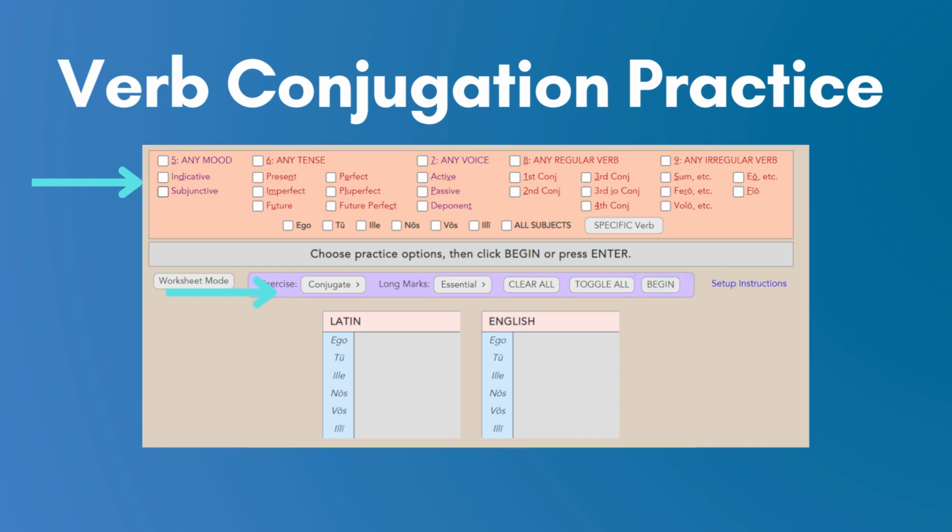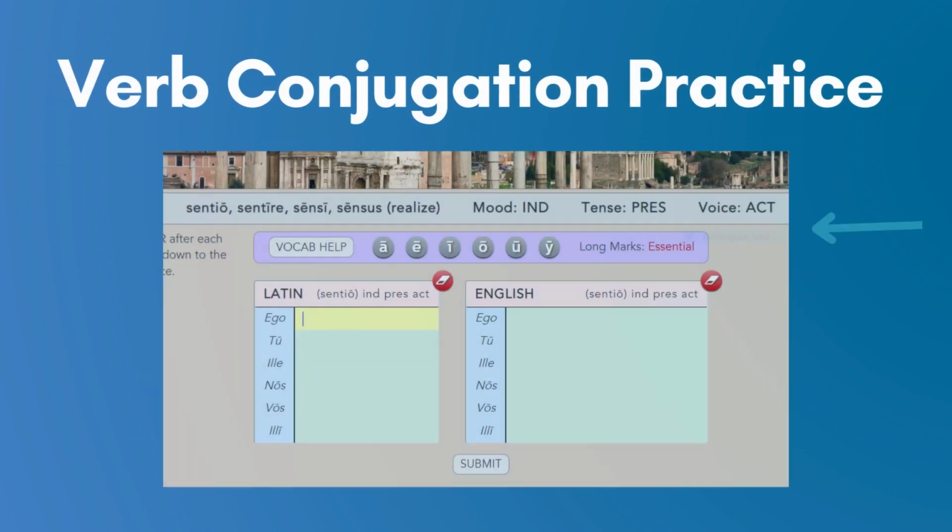Again, this is really important if you're like, man, I just want to work on perfect tense or imperfect tense, or maybe you want to work on all of them, or maybe you just want to work on passive voice or deponents. You have a lot of flexibility on what you see with Magistrula, which is what makes it so great. So if I were to check all the ones I want to practice and hit submit, or begin rather,